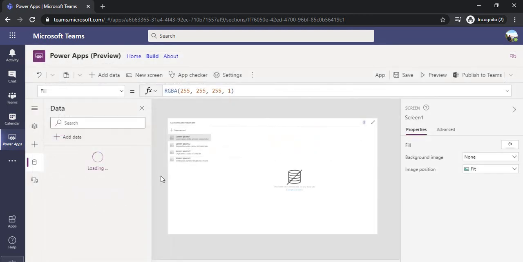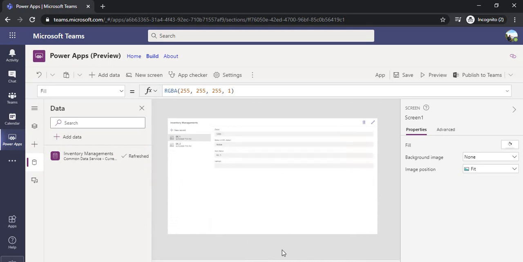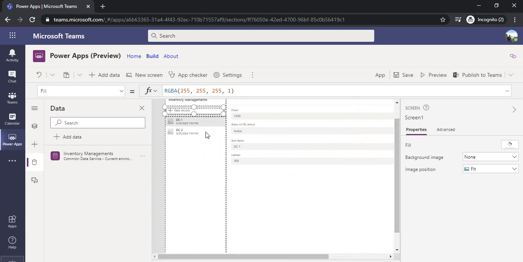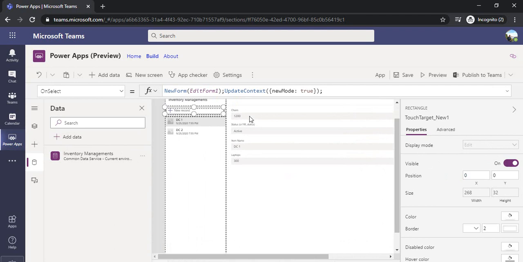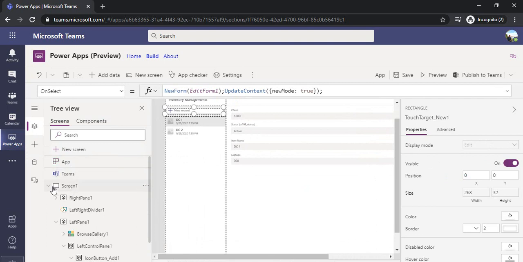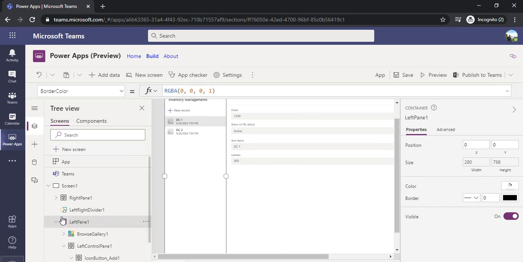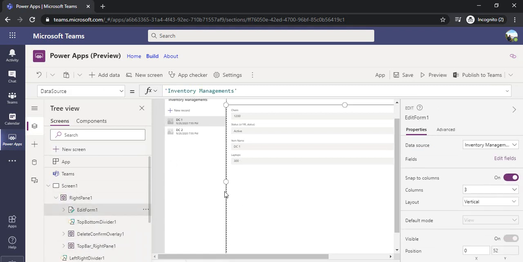It's saved. Now you can see it has loaded this default screen, and if I zoom it out, you can see the screen has these records on the left-hand side, and if I click on a record, it will open up the details on the right-hand pane. If I click on preview, you can see it's a screen with two components, a left panel and a right panel. In the left panel we have all the listing, and in the right panel, based on that listing, the detail edit form would be opened. So pretty much the standard basics of what we create with Power Apps.